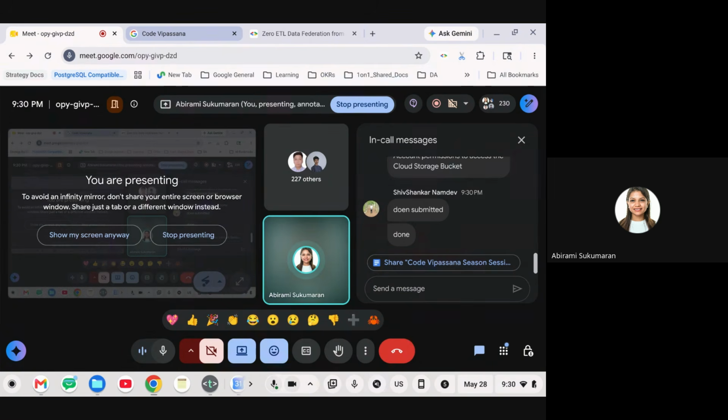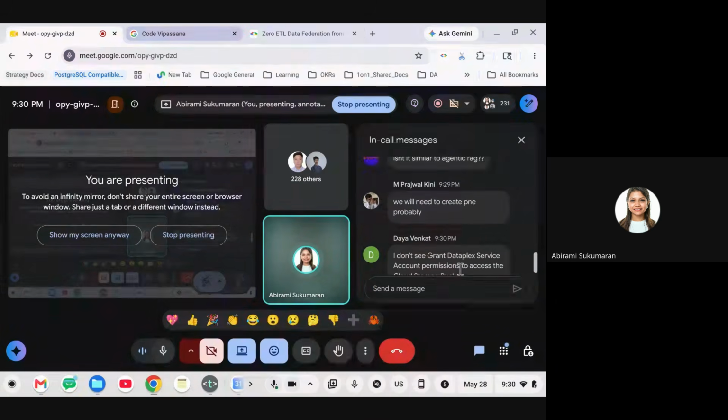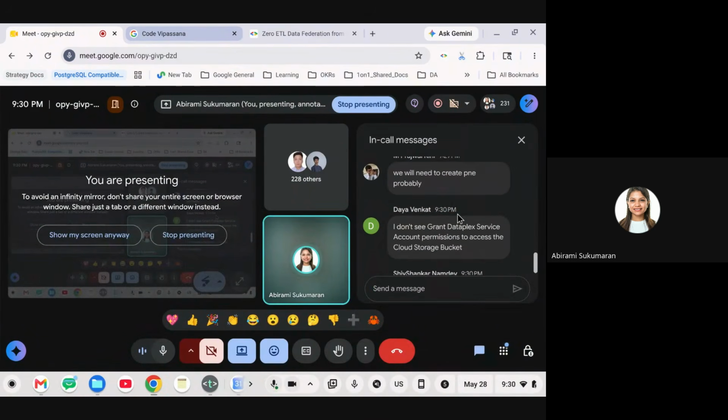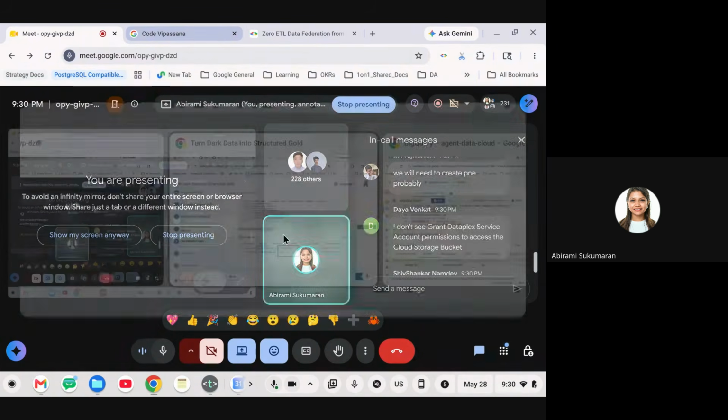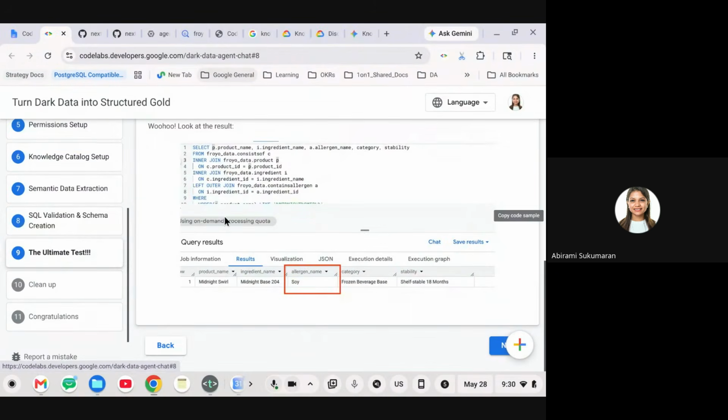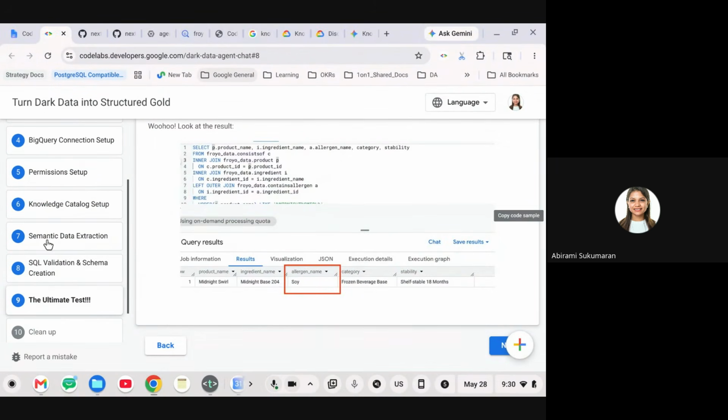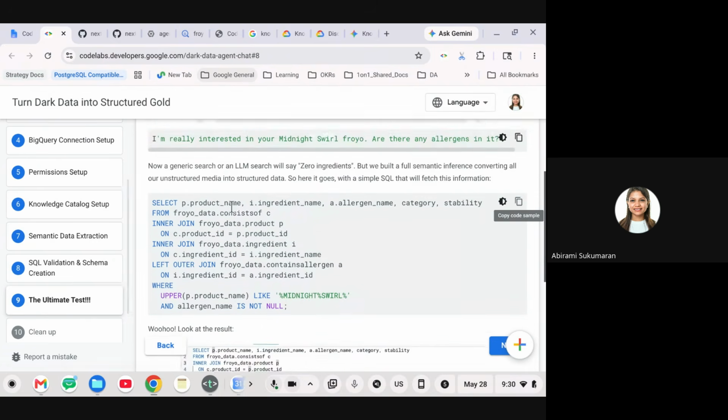You won't be able to access the Cloud Storage bucket without a billing account, so don't try that. We didn't want you to do that for this lab. All you have to do is download the CSVs, upload your files into Cloud Shell Editor, and then access those files. Copy the CSV, as you can see right here, and convert those CSVs into your BQ tables, insert the data, and then test it out.